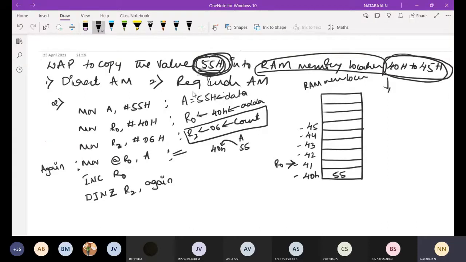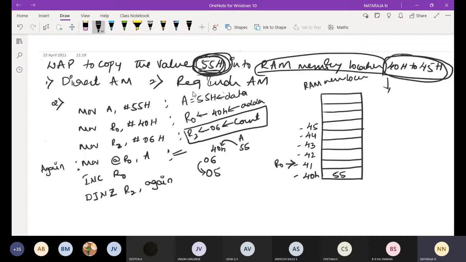Now you need to decrement R2. If I decrement R2, now the count will be 5. Initially the count is 6. Decrement means decrease the value. Initially it is 06, now I am going to decrease the value to 05.